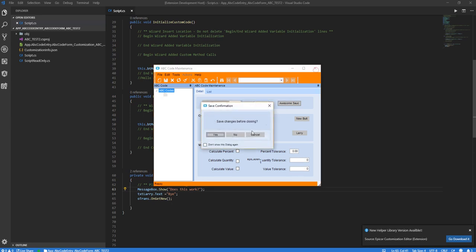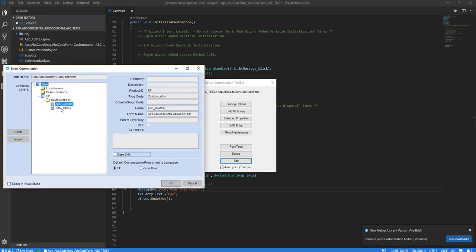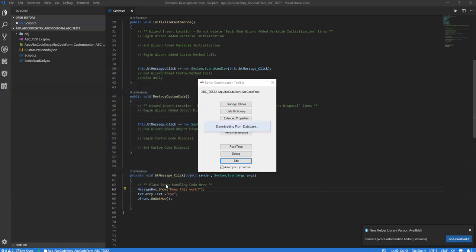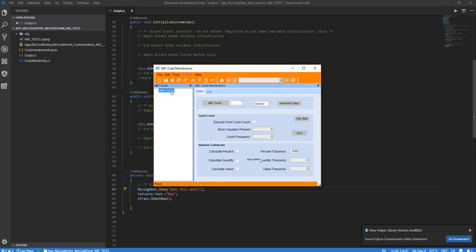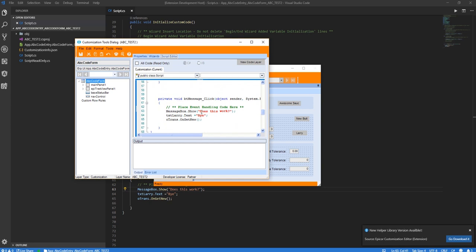Okay, and this works both ways. If I were to go in edit mode and make some changes, say add a new control to my form or change the text or something like that, it would automatically push those changes back out for me. So basically, this is a way to live edit your customization while working directly in Visual Studio Code as well as in Epicor. So I can go in here now and change this from does this work to yes it does,